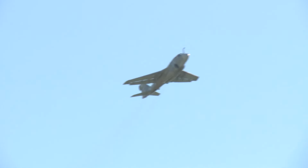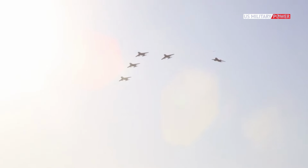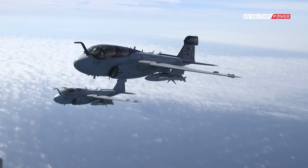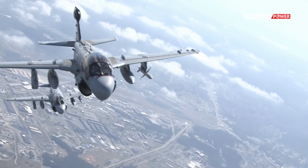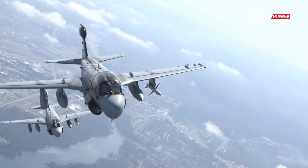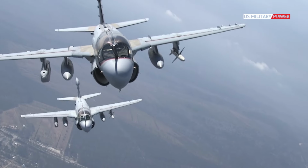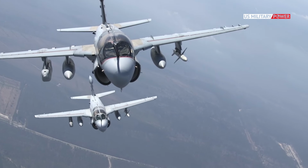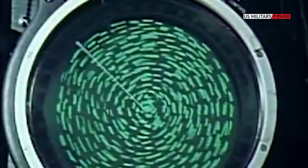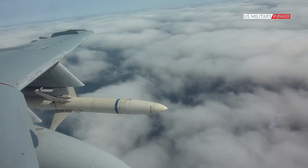EA-6B Prowler, the Sky Pig aircraft that you've never seen. It was loud, slow, and resembled a flying chicken leg. Its nicknames included the unflattering Sky Pig, even as its crews tried to encourage the somewhat unwieldy chariot of electronic Armageddon. But Northrop Grumman's EA-6B Prowler was an attack aircrew's best friend, jamming enemy communications, gathering intelligence, and attacking enemy